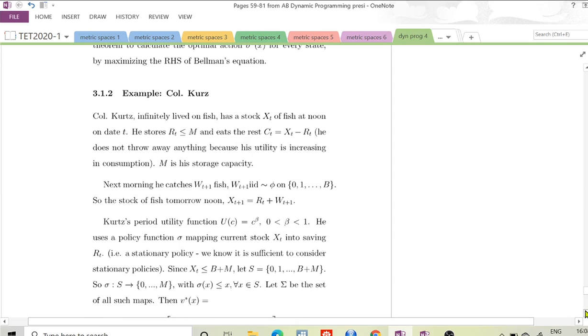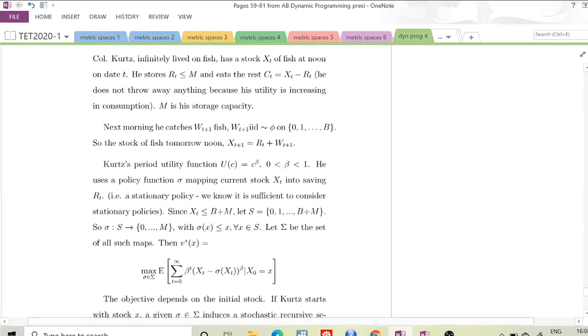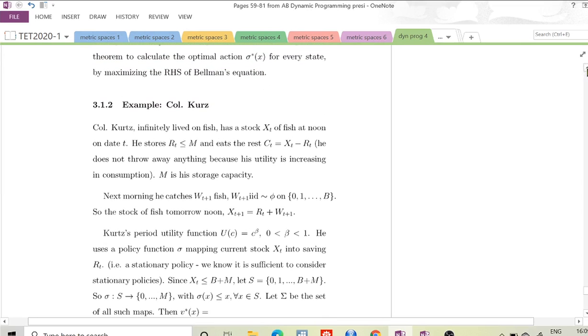So here is an example, originally from Stokey's 2009 text, and then it sort of appeared on the QuantEcon website as well. I don't know whether it's still there, with some changed terminology and notation. Here Stokey talks of Colonel Kurtz, which sort of reminds us of a